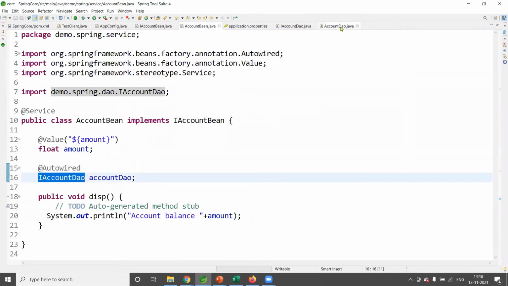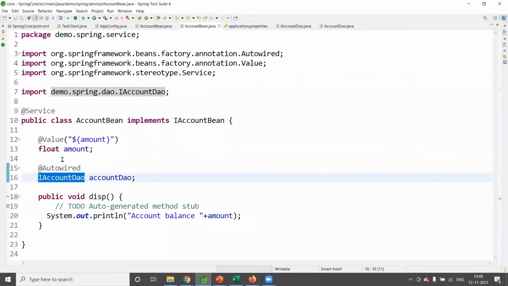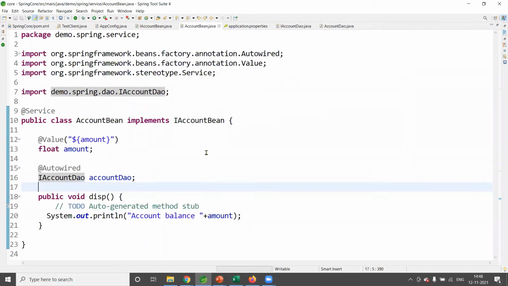Suppose here, if you see, there is an AccountDAOImpl class which implements the interface. Automatically Spring is going to create the instance of this AccountDAO and that will be injected here, right? And if there are more than one implementation of this interface, then we need to add one more annotation called @Qualifier. If there are two implementations of AccountDAO, maybe JDBC or maybe JPA implementation, then we have to give some name and say @Qualifier, we can add this, right?